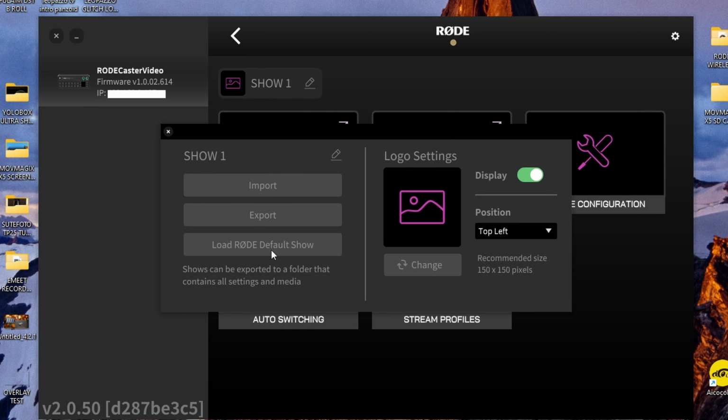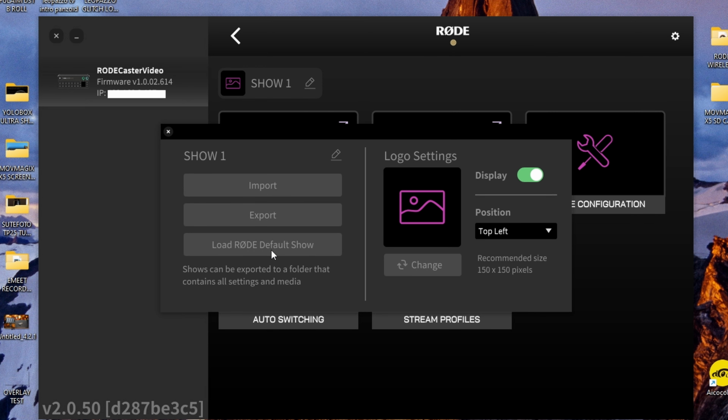So with the RodeCaster Video being small and compact, it only weighs 1,257 grams and measures approximately, from left to right 305 millimeters, from front to back 132 millimeters, and approximately 61 millimeters thick. So as far as first getting started with the RodeCaster Video, you're going to want to go ahead